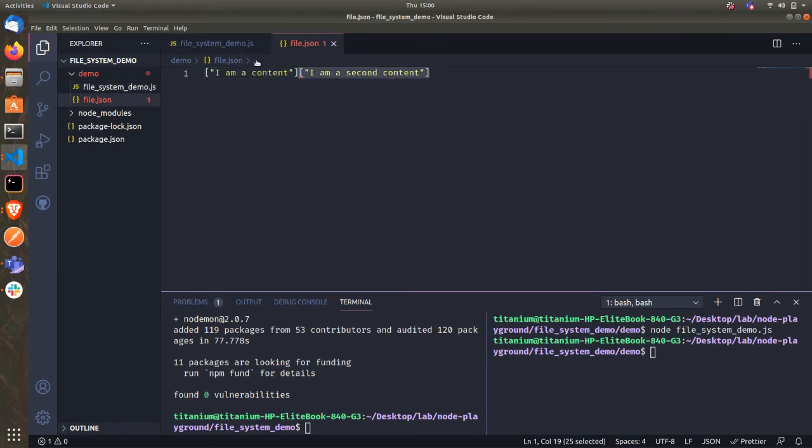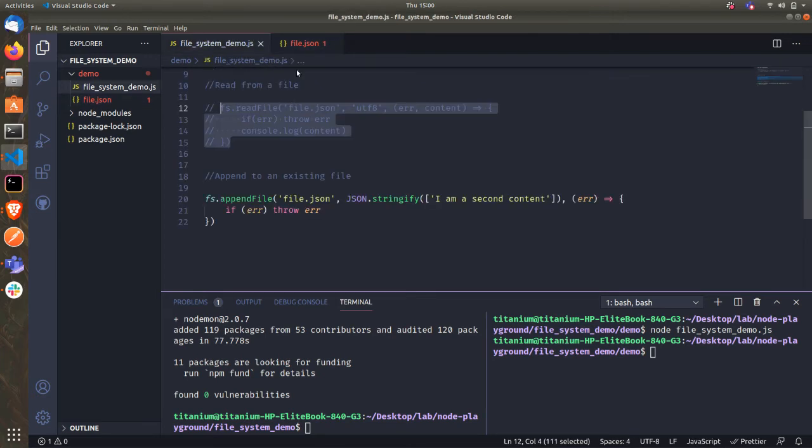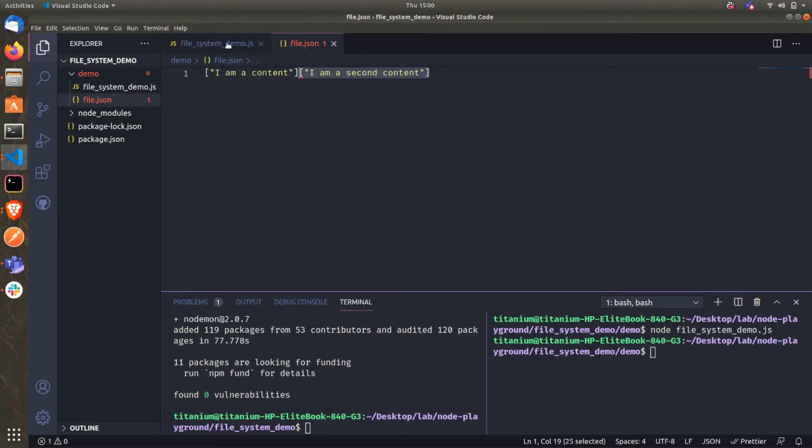So second content is added to file.json. Now you notice that there are two arrays. If your intention is to make just one array and then have this second content appended to this first array, how you do it